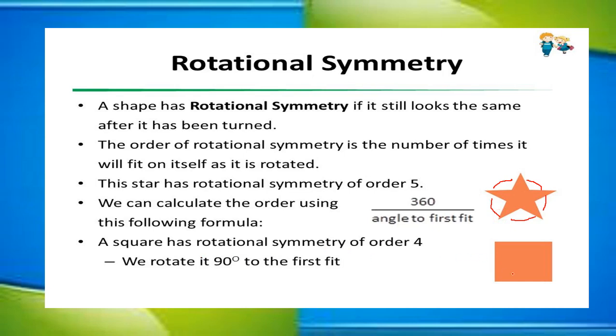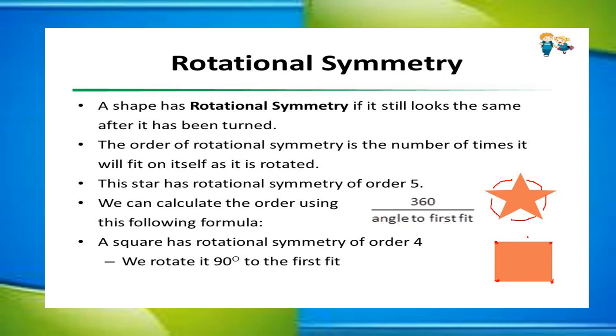Now this is a square. We know that when this square rotates, this vertex after rotating comes here. Then when it rotates again, this vertex comes here, and then it is here. That means how many times we are rotating and it looks the same, it completes a circle in 4 times. So 360 divided by 4, that is 90 degrees. So we can say the order of rotational symmetry for a square is 4.